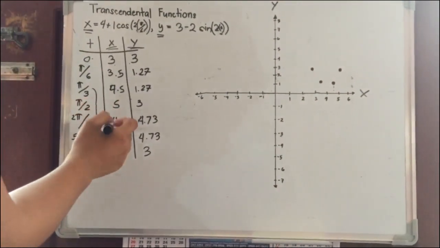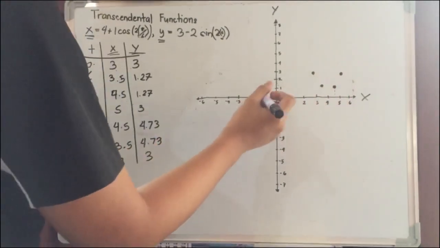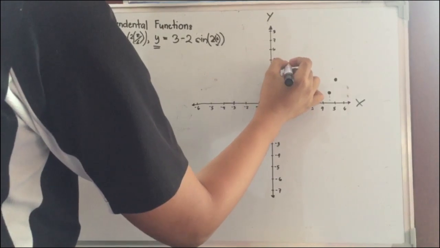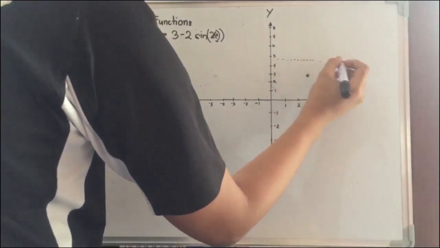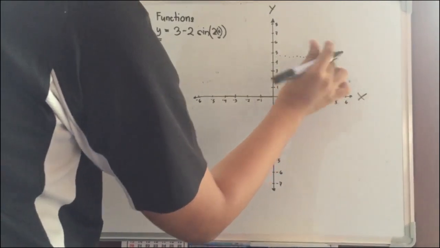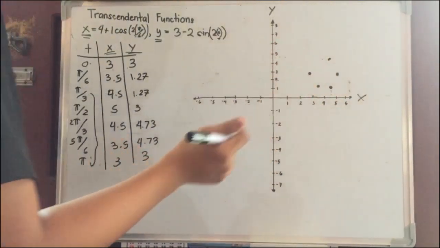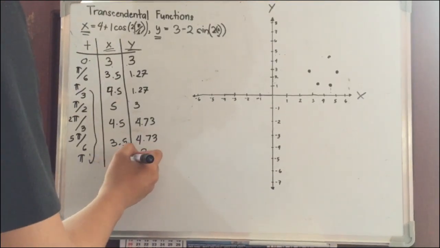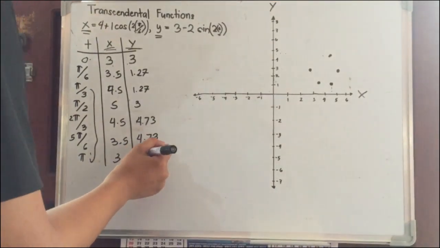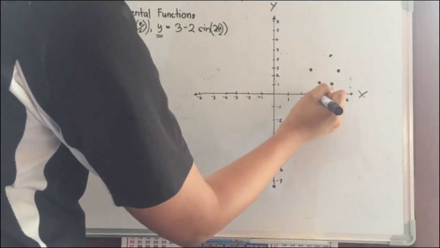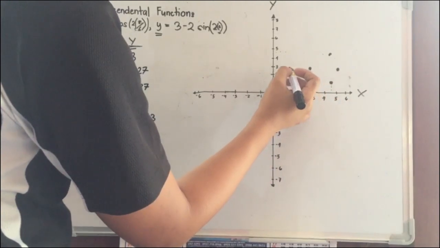The next value is 4.5 and 4.73, approximately. So the fifth point is here, and then the last is x equals 3 and y equals 3. So here is 3 and